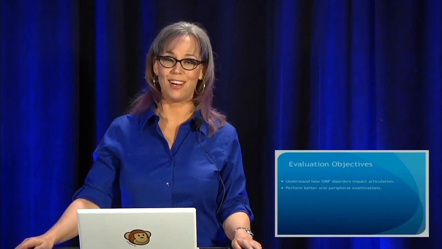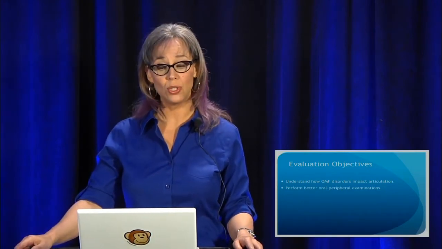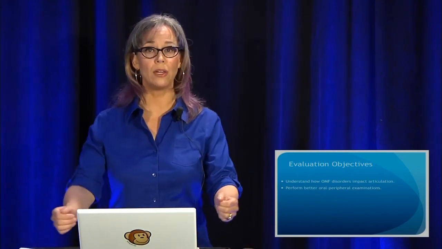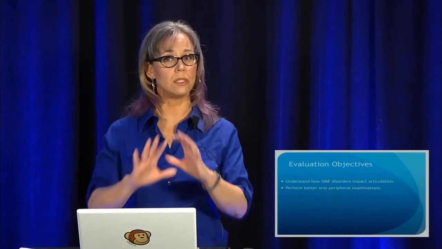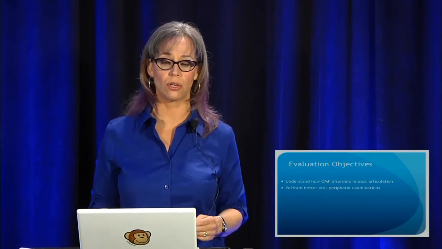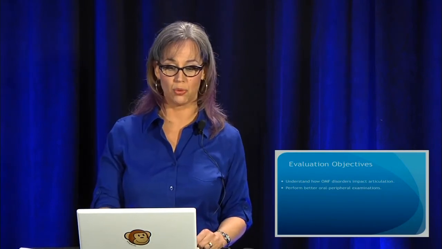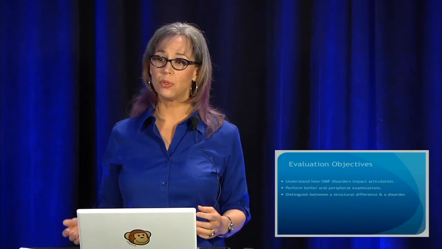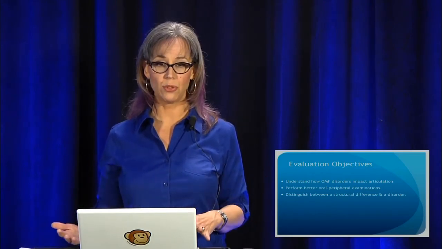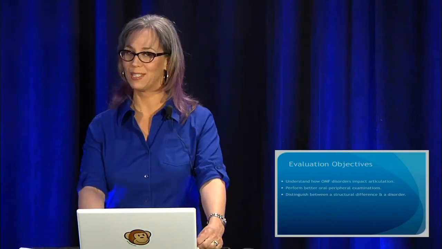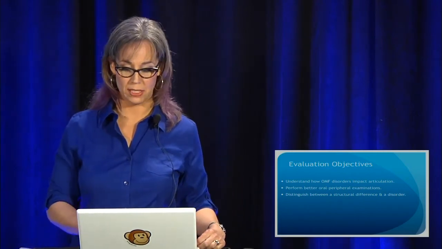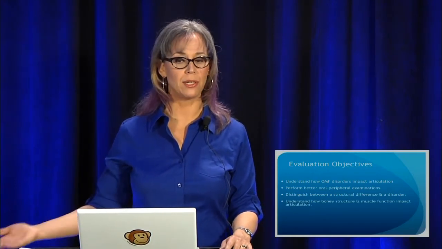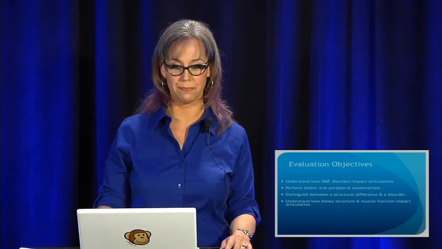I want all speech pathologists, but especially those in academic environments, to do better oral peripheral examinations. We all are basically trained in how to do an oral periph, but a lot of speech pathologists, they're looking in that space and they really don't know what these structures mean, how it impacts how they're going to develop treatment for that child or that adult. I want to be able to help you distinguish a difference between structural differences and structural disorders. Everybody looks a little different inside their mouth. When it's a problem, it's a problem. And overall, just how does bony structure and muscle function impact articulation even in normal artic?